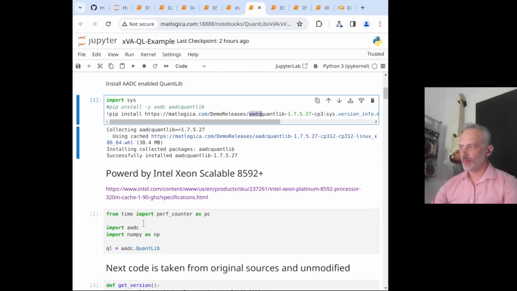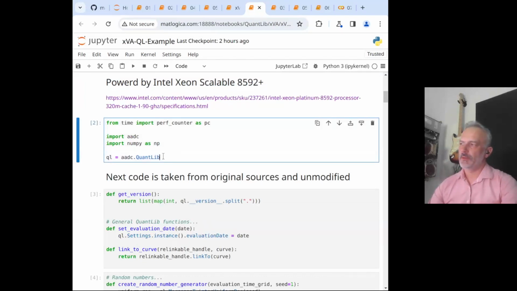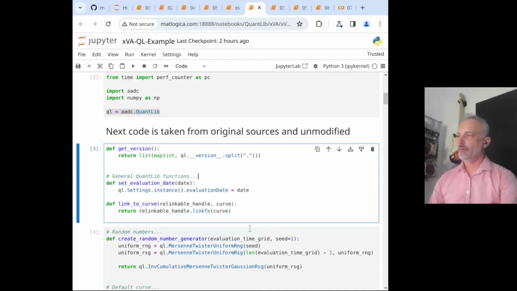And this is what you can see here. We enable QuantLib, and we define a QL variable pointing to the ADC version of QuantLib. So this ADC version of QuantLib, we're largely using the same source code as before.